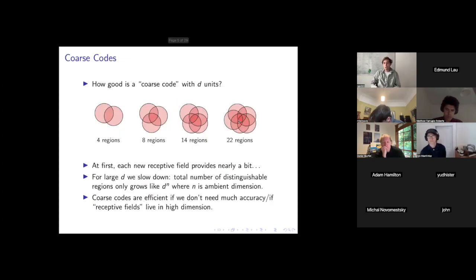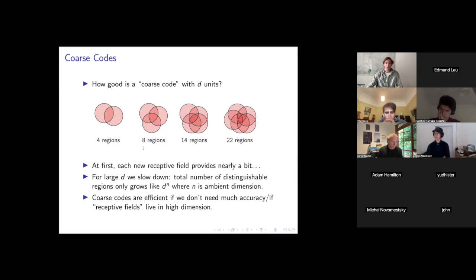So how good is a coarse code? Well, it's a little bit better in information efficiency than a local code, but generally not as good as a place value code. If I ask how good a coarse code is on this particular example of storing a point in the plane, there are different ways of thinking about this, but one way is to think about this old combinatorics problem of how many regions I cut the plane into if I draw a bunch of circles. And this grows like a quadratic polynomial with respect to d, my number of units.